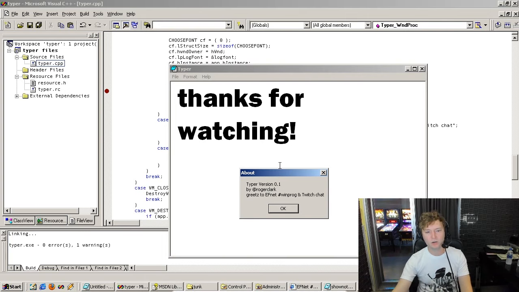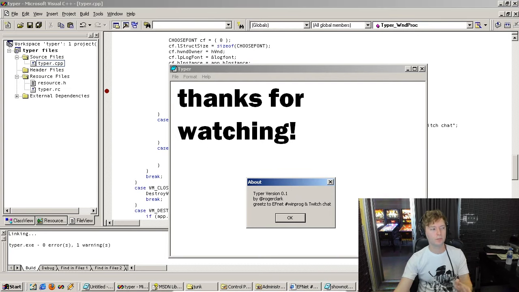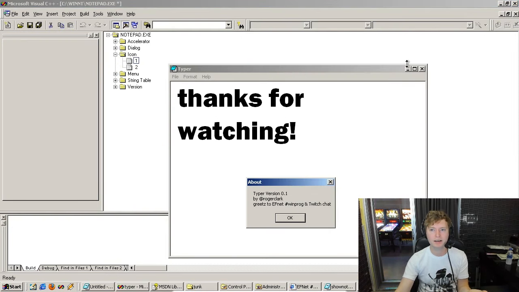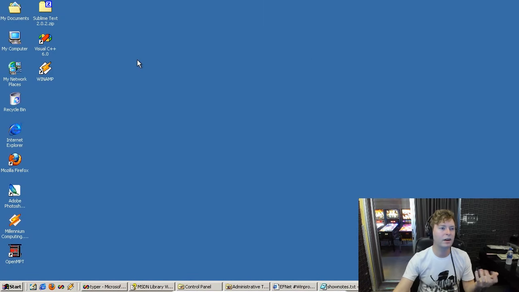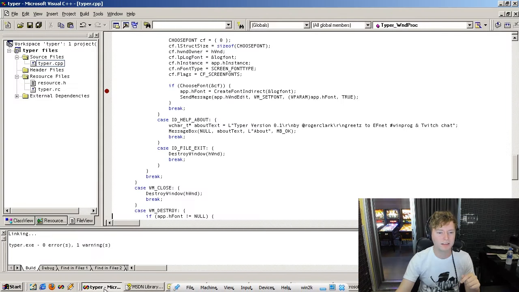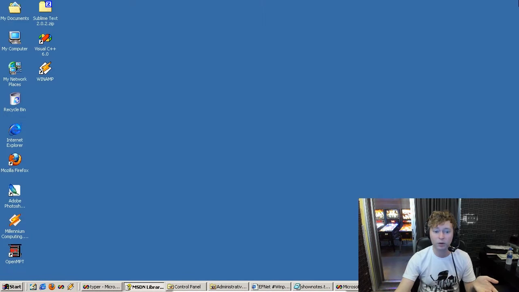I just can't really get over how fast this is, and the actual process of programming it wasn't that fast. But what I mean by fast is all of the stuff that I was doing, like Visual Studio, minimizing these windows is fast, like loading these. Let's just say I'm going to load this copy of Photoshop. Look at this. Photoshop loads way faster than it does on a modern computer nowadays. Of course, Photoshop is much heavier, but